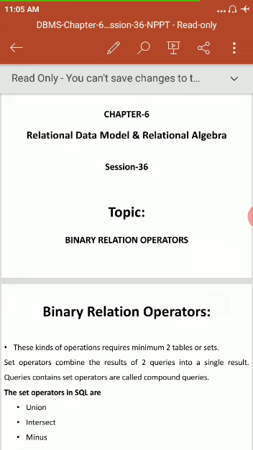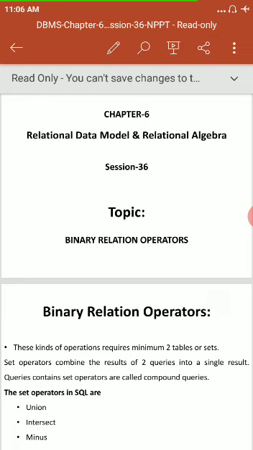Select for what? Select the tuples from the relation based on the condition, the predicate. With the project operation, if you want to extract particular attributes from the relation, that can be done with the help of the project operation. Sigma is used for the select operator and the pi symbol is used for the project operation here.